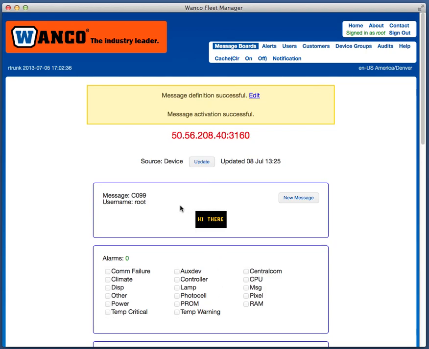And we go back to the message board show view. It tells me that the message definition was successful and that the message activation was successful. These are new messages you might not have seen before, but they help you know what's happening. And here's my board saying hi there. I can also edit this message. When I do that, let's just go back there now